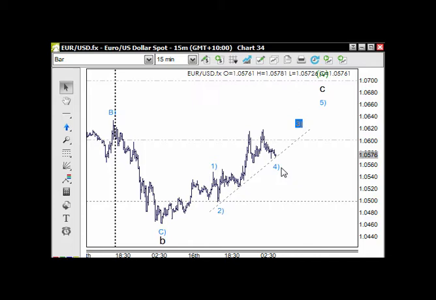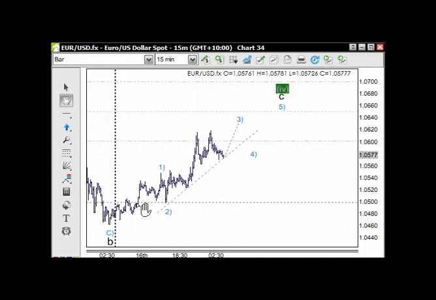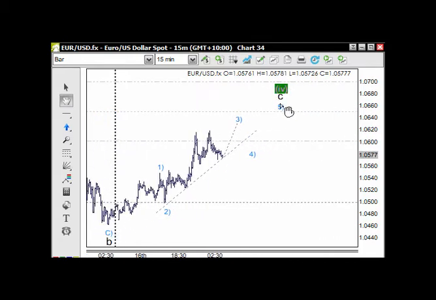So I'm thinking that this has just got to have another move up here for wave 3, and wave 4 will be here, and then wave 5 to this point here. And it is this subtle 65 number, or the midpoint here, that's going to be the important one, because this is where it can fail or move higher from, and if we do get these 5 waves up off this low here,